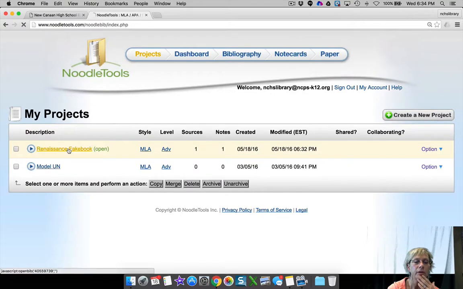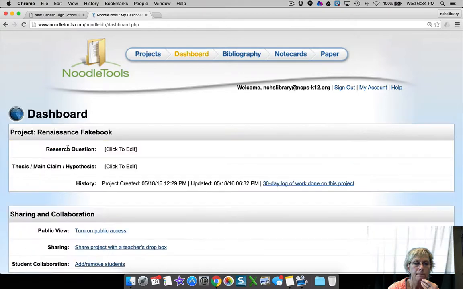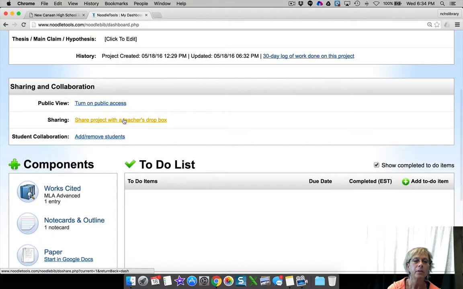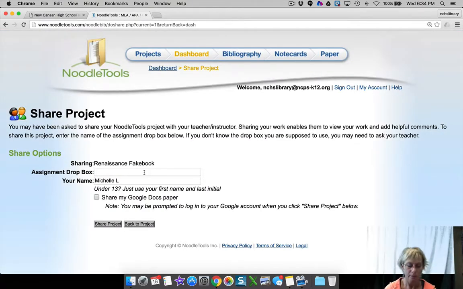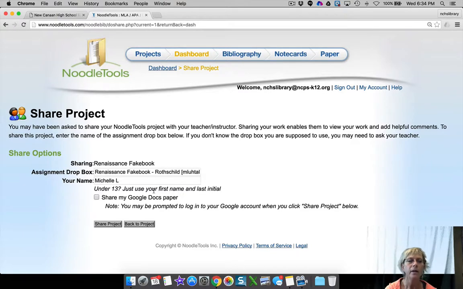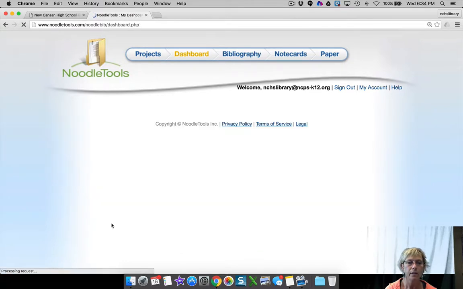And we're going to go to, actually I could have gone to my dashboard, but that's fine. And we are going to scroll down to where it says, we share our project with a teacher's Dropbox. And our project is Renaissance Fakebook for a Rothschild. We're going to choose Rothschild. For a Rothschild, obviously, you choose Rothschild. And then you don't have to share your Google Docs, and you would go back to share your project. And now it will appear in your